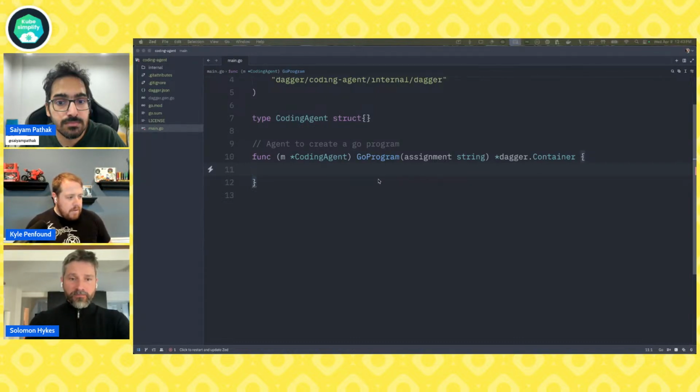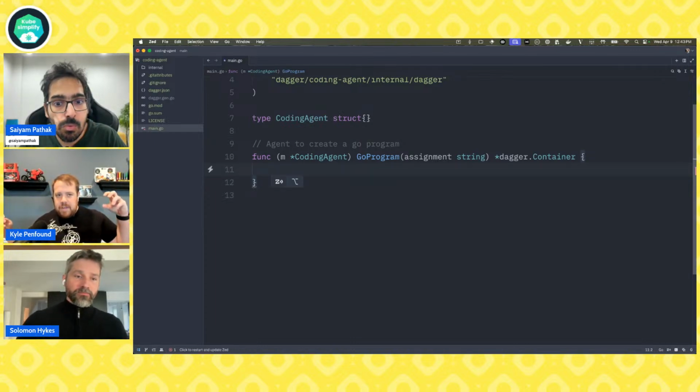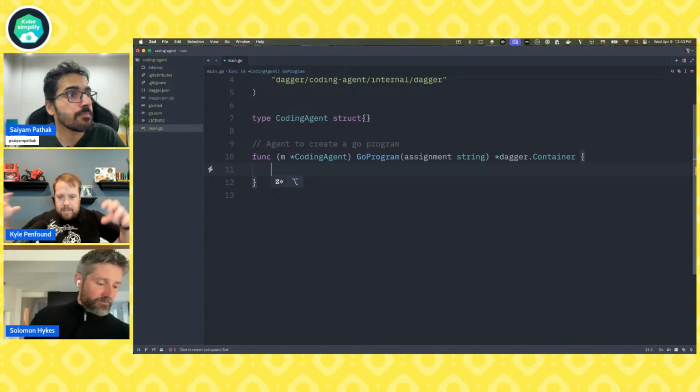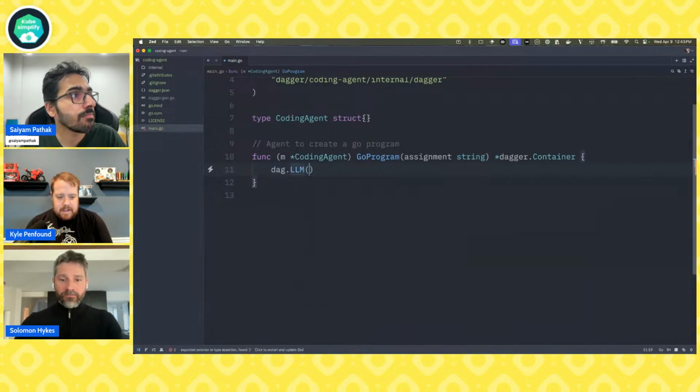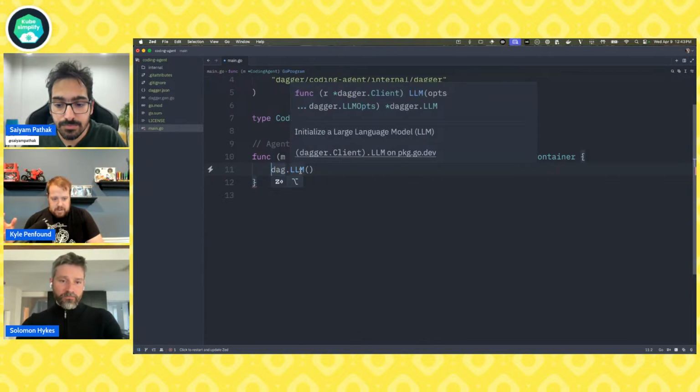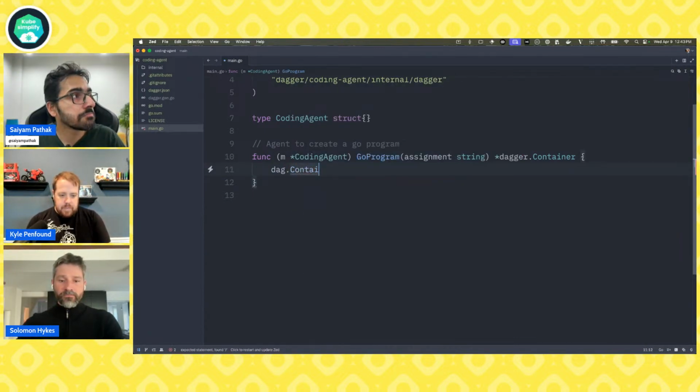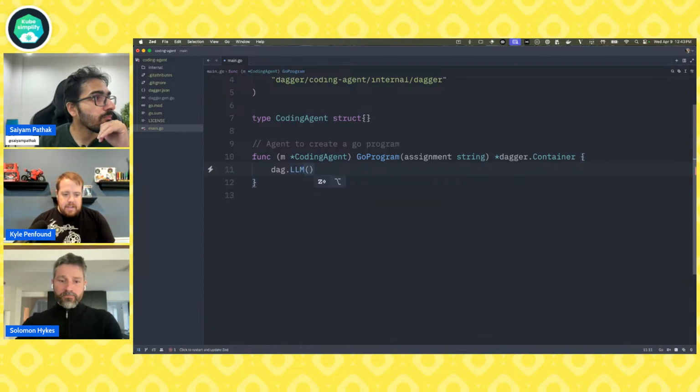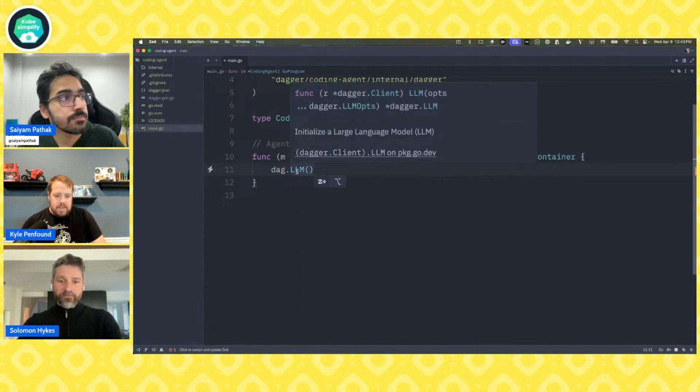So first, let's look at the LLM, the brain part of it. Because remember, we have the LLM and the environment with the tools. So we want to create those two things and then connect them and let it do its chaos and hopefully produce some cool things. So when I say dag.llm, dag is the Dagger client that automatically exists in this scope for a Dagger module. And LLM is a type, right? So we have a bunch of types. Like we saw in the shell, I can say dag.container, dag.directory, LLM, etc. So LLM is the brain, and we can pass in a specific model.